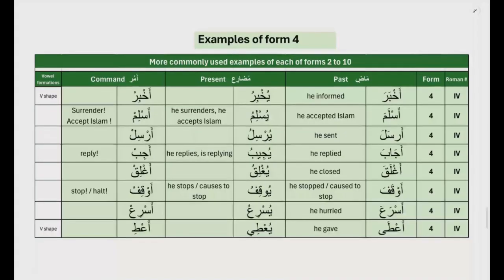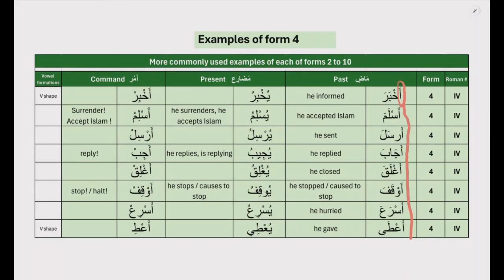Here you notice the alif prefix, and it happens in all of them, right? So akhbara, aslama is to accept Islam, arsala is sent, ajaba, jawab is an answer, so ajaba is the verb form, he replied, aghlaqa is closed, awqafa is he stopped,